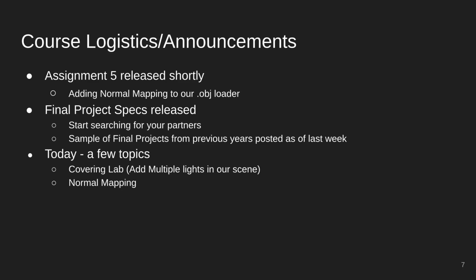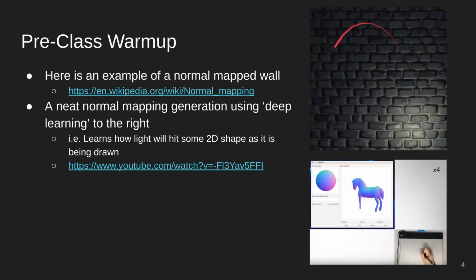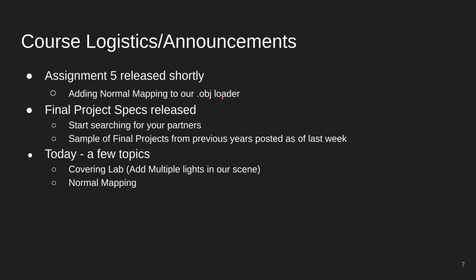So just a few logistics. Assignment 5 is going to be released very shortly, and for this assignment we're going to be adding normal mapping to our object loaders. Now for assignment 5, what I've done in the past is for folks who haven't gotten their object loaders working, or perhaps want to restart, but still implement normal mapping, there is an alternative way to complete assignment 5 for up to 95% of the credit, which would be normal mapping a brick wall. So I'll talk a little bit more about that perhaps in office hours with folks if they have questions,